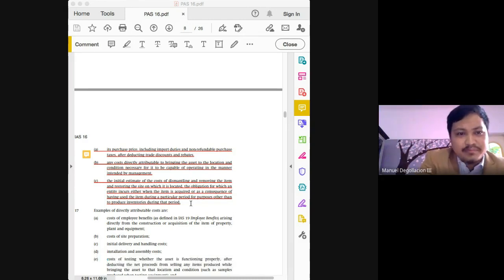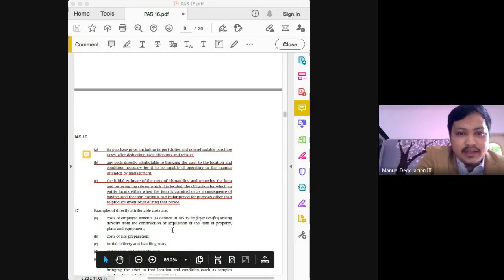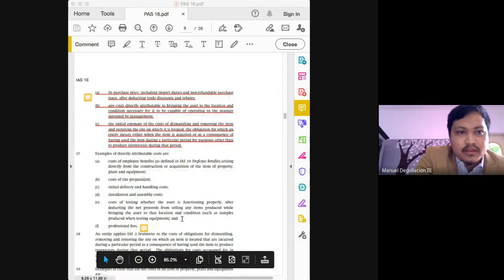Letter C is noteworthy, class, because we are talking about an estimated cost that will only be incurred at the end of the useful life of the asset. Okay, because this is cost of dismantling or removing. So this will be incurred at the end of the life of the asset. That is why we are only using estimated cost. Okay, but even though this is a cost that is expected to be incurred at the end of the life of the asset, we make an initial estimate upon initial recognition, and it will already be part of the initial cost of the property, plant, and equipment. Okay, and